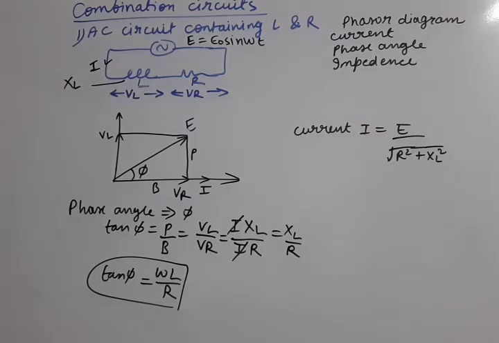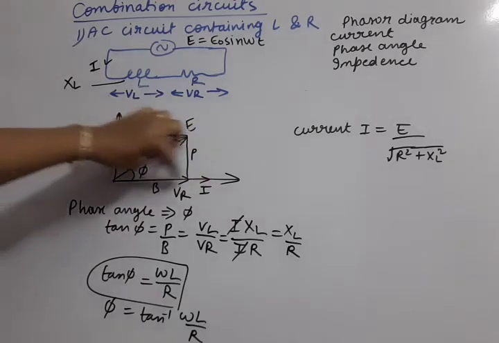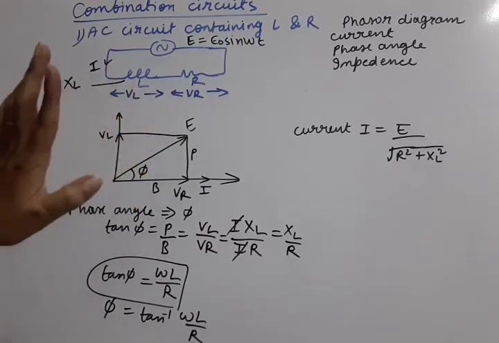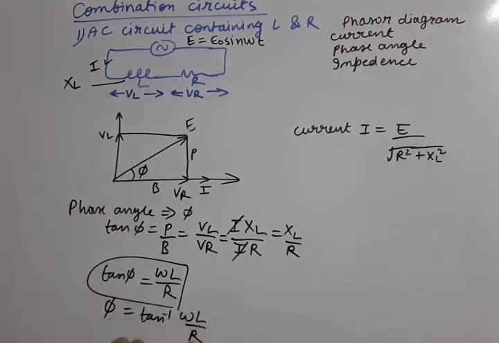Okay. Is there any fixed value by which amount the voltage leads current or current leads voltage? There is no fixed value like 90 or 30. You can see that this phase angle is phi between voltage and current. Who leads? You can see in the diagram, current is in this direction and net voltage is in this direction. So here who is leading? Voltage is leading. By how much angle? Phi angle. Now is this phi angle fixed? No. Phi angle depends upon three parameters, omega, L and R values.